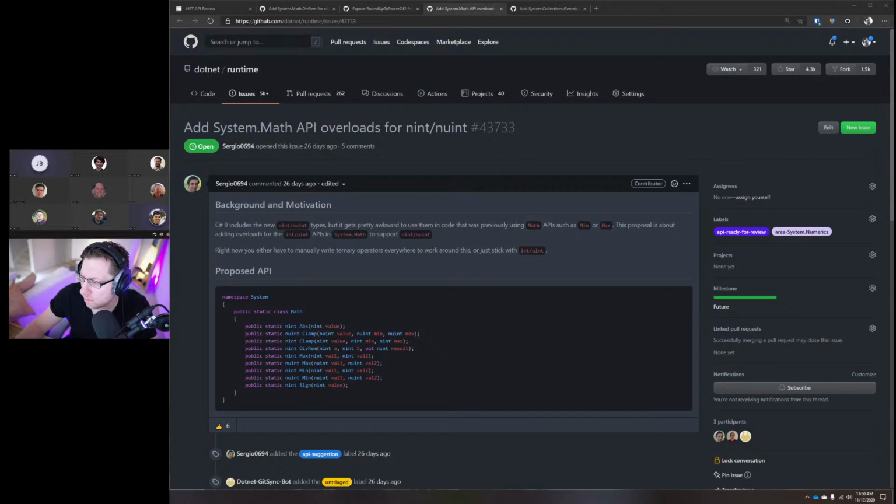With sign, absolute value and divrem being only for the signed types, to match how it is for int versus long. So it seems like int versus uint.